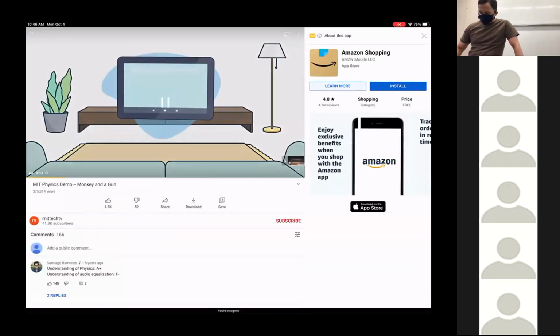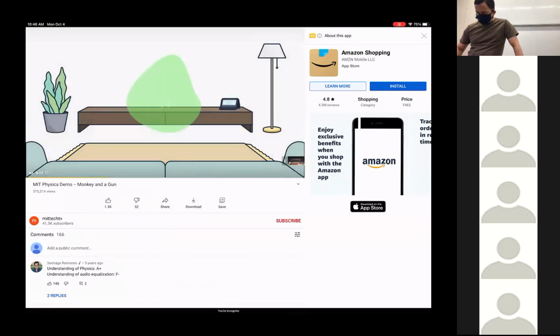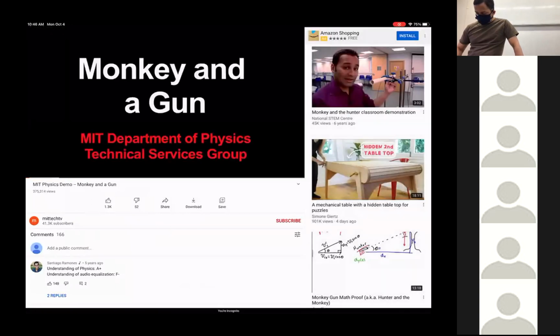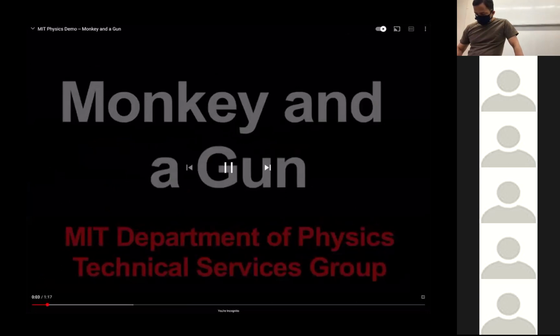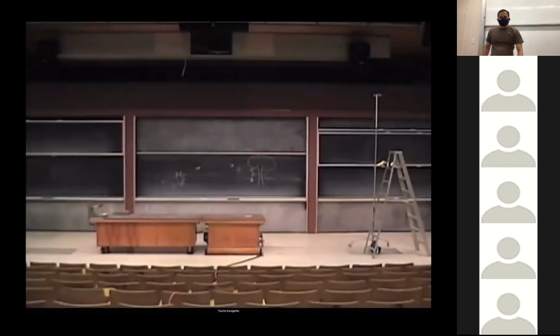Want the latest Amazon device? Get it now, pay over time with Amazon monthly payments. Break your purchase into